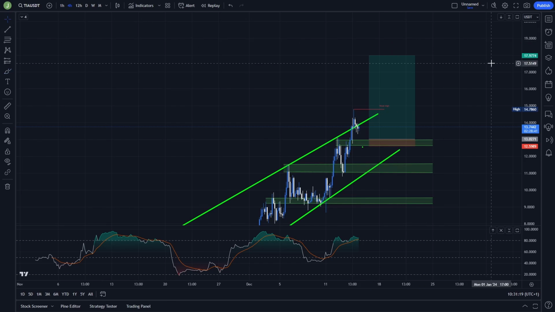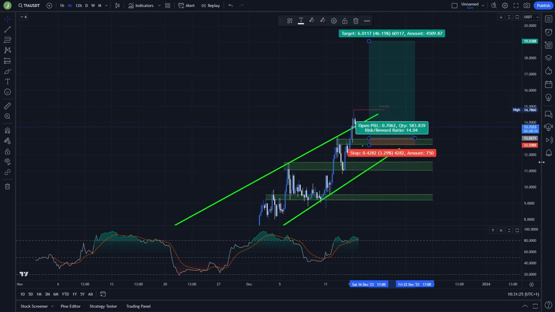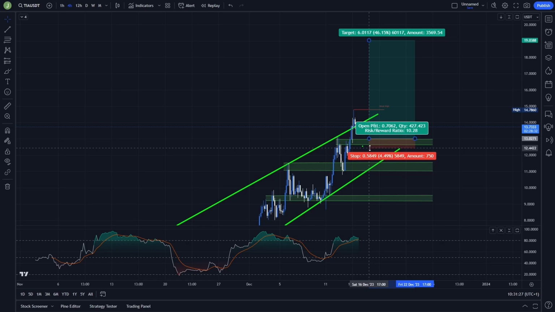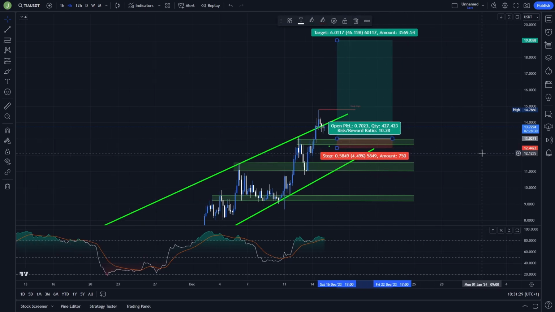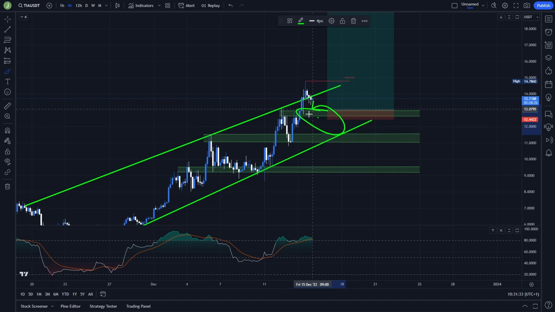So let's say you can use, for example, level 19, something like that, which will give you a risk reward ratio around 14, which is pretty good. But if you take, let's say, a safer stop loss, it will still be around 10. So yeah, if the condition of perfect support confirmation is met here, then I will be thinking about opening a